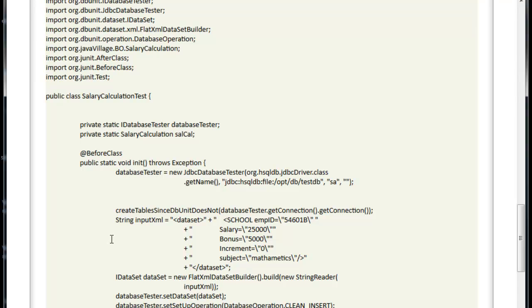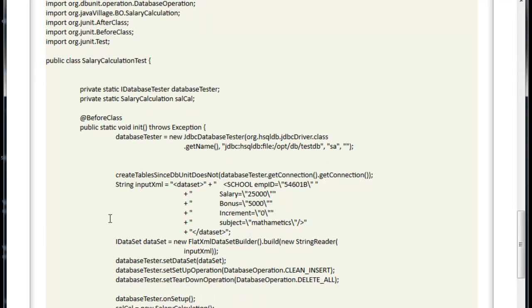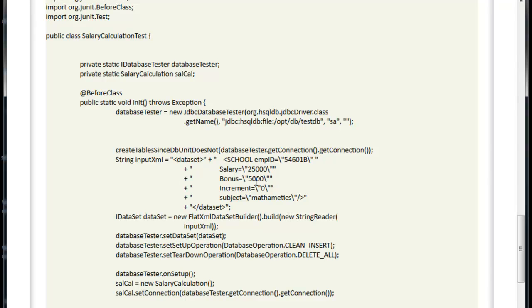So before going to write, I want to tell you, once we create a file system or in-memory system in HSQL DB, those DB details we have to capture. So whenever we create any DB system, in-memory system, we will get the database details for HSQL DB, and this is the URL, and this is the username, and this is the password. So it is very easy to understand.